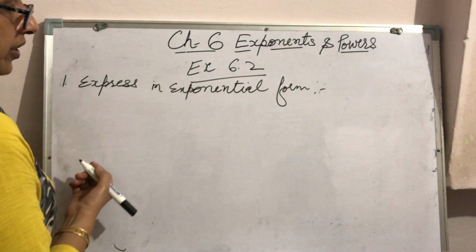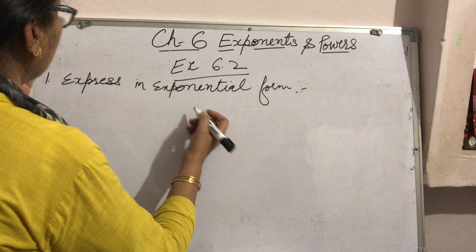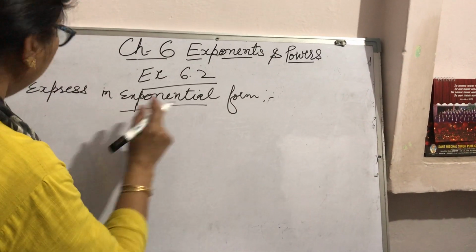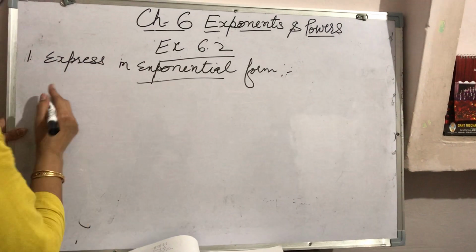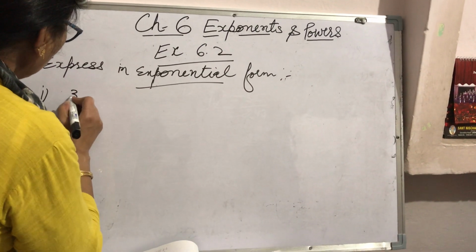Now exercise 6.2. First question. Express in exponential form. Exponential means power notation. We have to write the power form of the given number. We have already done this in the previous exercise. So the first part of this question is 343